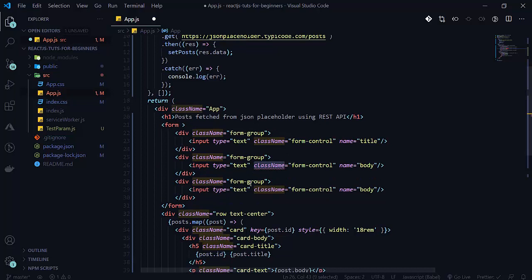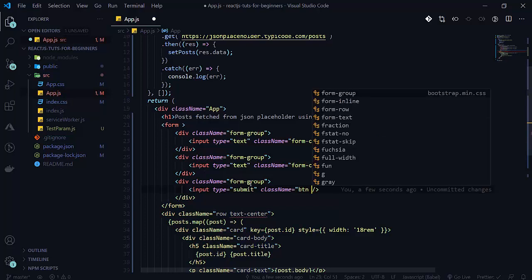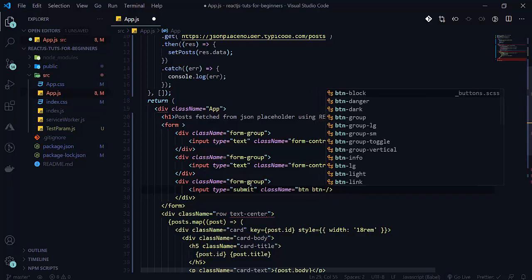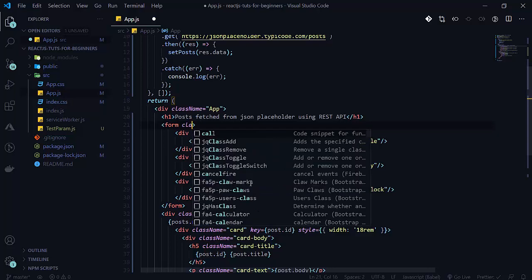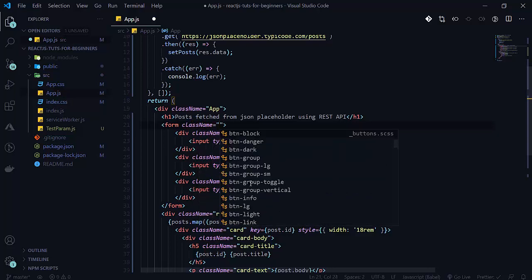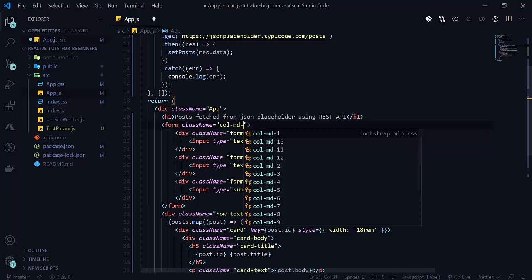The class name will be button primary, that is btn btn-primary, and btn block will be there too. Then let's write our class name, that will be call md5. Call md5 is okay.